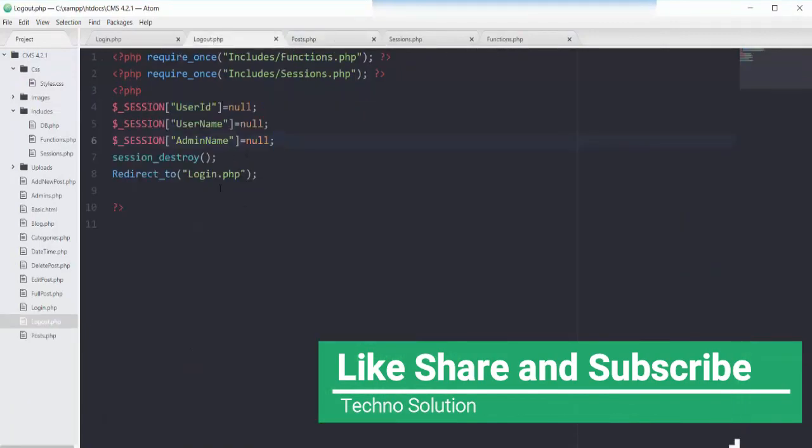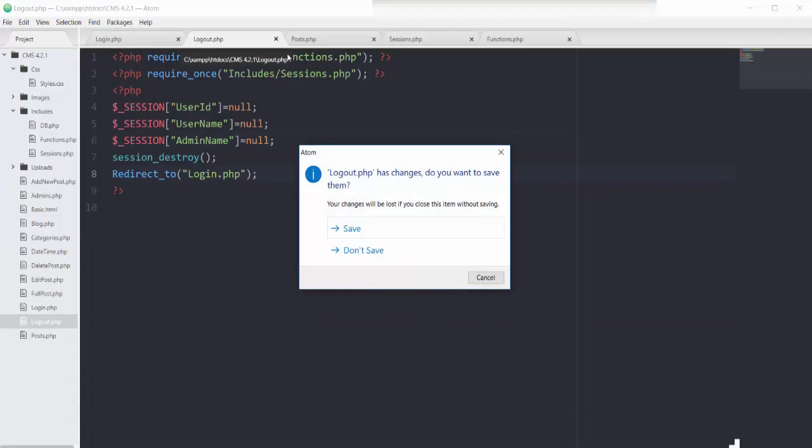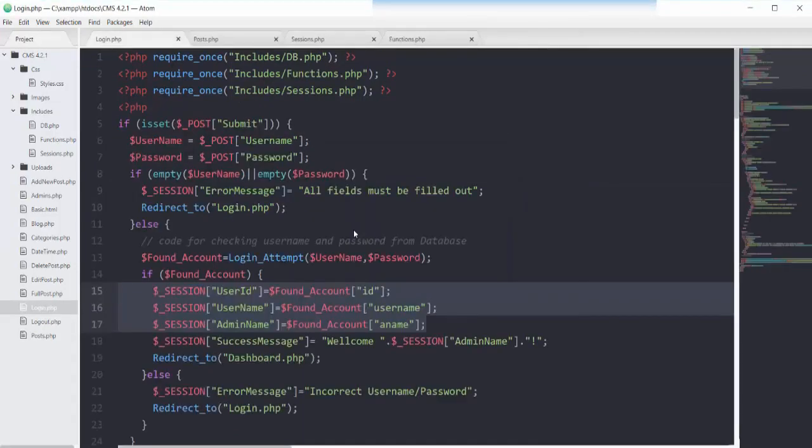So that was very simple to design this logout.php page. We don't have to add anything else in this page, but still we have to make our admin pages require a password, and those pages which lie in the public domain, such as blog.php and fullpost.php, public pages without login required.